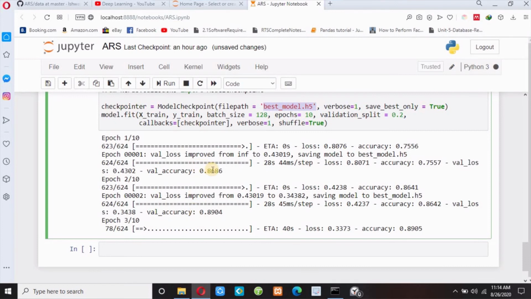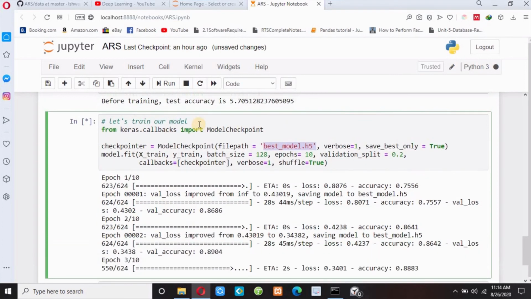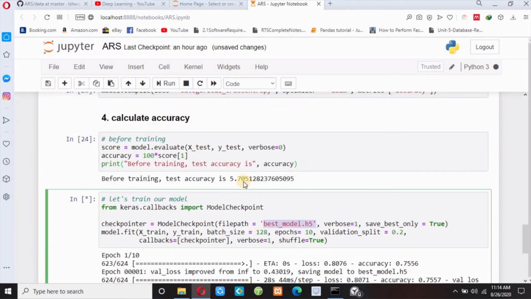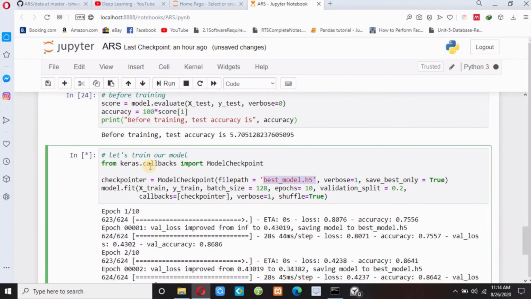Initially our accuracy is 86 and it will increase to 89, and you can also check loss. And before training our accuracy is only 5%, or you may get 3%, 4%, 5%, but let me check. If we train our model, what will be our accuracy?